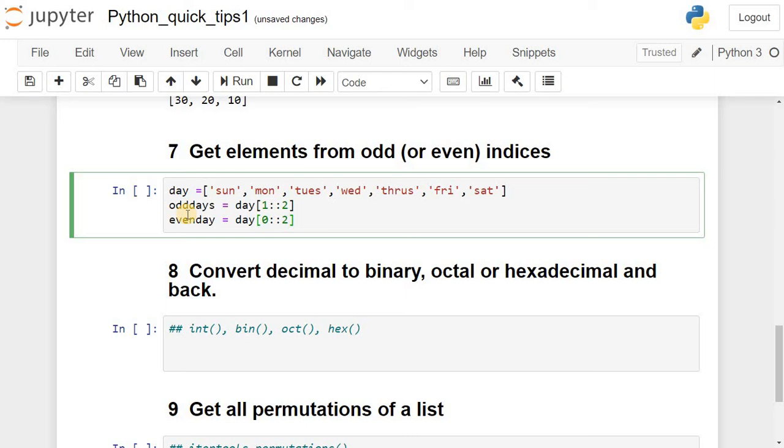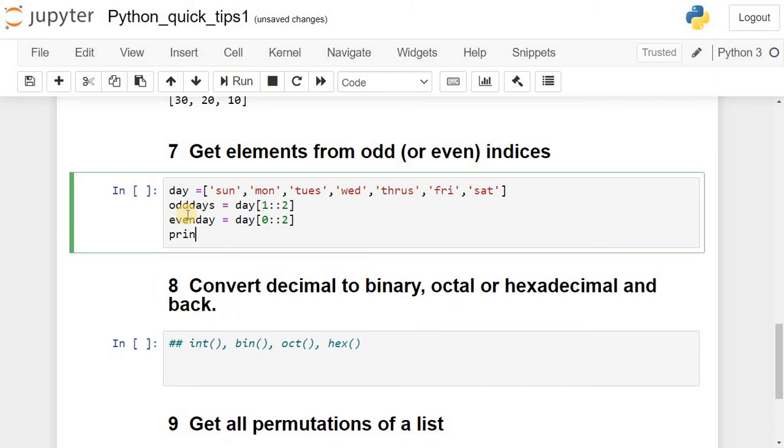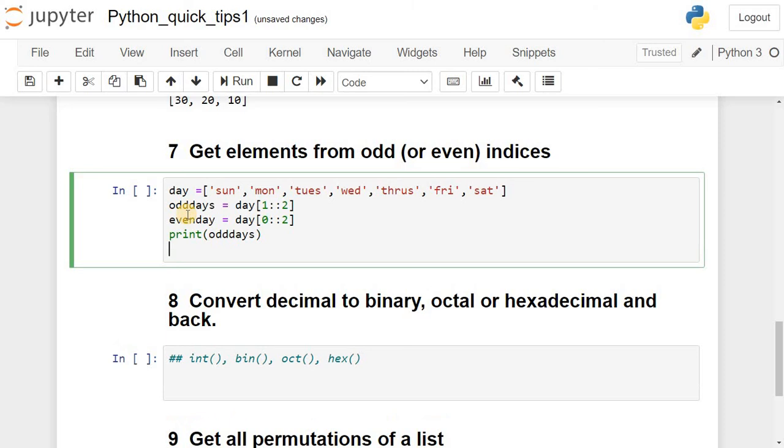So it will access the element at index 0 which is Sunday, index 2 which is Tuesday, index 4 which is Thursday, index 6 which is Saturday, till the end of the list. After this we will print the new sublists which are created, odd days and even days.